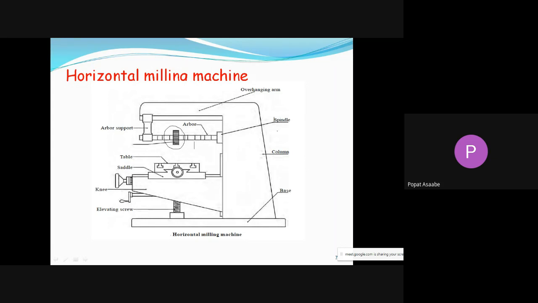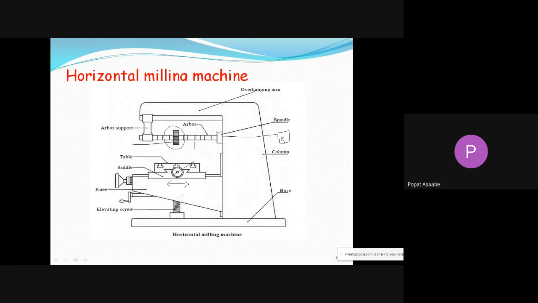There is one electrical motor. When we give supply to the electrical motor, the spindle starts rotating, along with it the arbor rotates, and the cutter also starts rotating. Once the cutter is rotating, we can give feed to the work table. This is the work table, and on it is the workpiece. Now see, this is the knee, and this is the saddle. With the help of the saddle we can give longitudinal feed to the table.